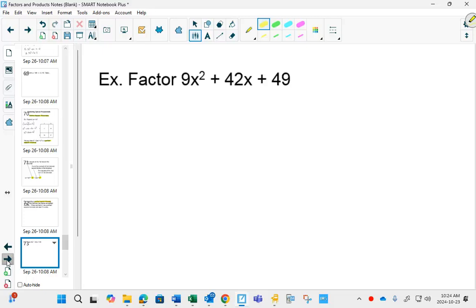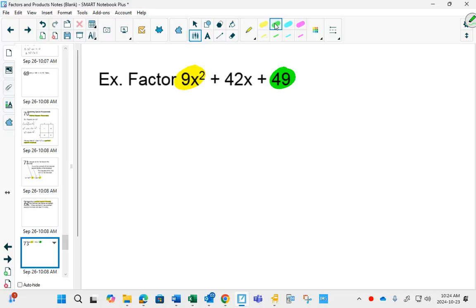So this is the level 5 question. Level 5 questions we usually do with the grouping method. But if you look and you say, hey, this is a perfect square because it's 3x times 3x. The 9 is 3 times 3, and the x is x times x. The green one here, that's a perfect square because it's 7 times 7. So instead of doing the grouping method,